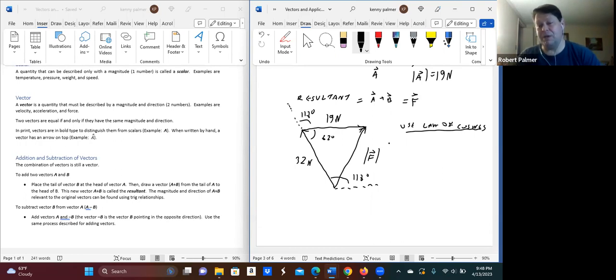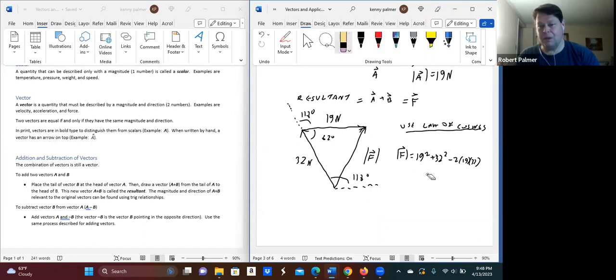That's where you use the law of cosines. What that says is the magnitude of F squared is equal to the sum of the squares of the other two sides, so 19 squared plus 32 squared minus 2 times 19 times 32 times